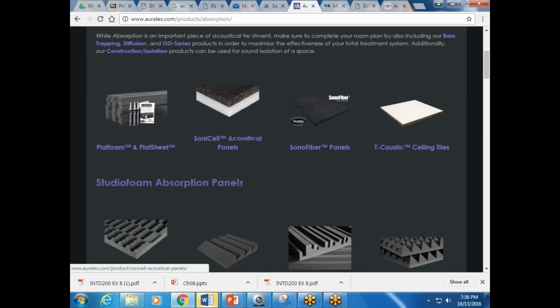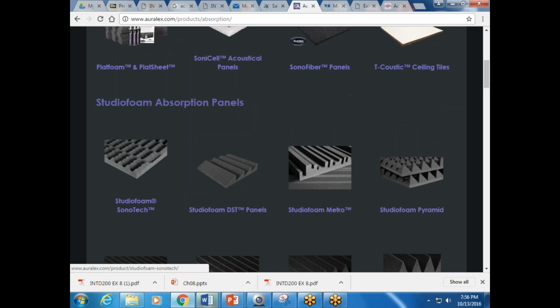So here you have their product. Lovely. You have flat foam and flat sheet, sonic shell, sonic fiber. So this to touch is less of the foam. This is actually kind of like if you have a scoring pad at home where it's sponge on one side and kind of scoring pad on the other. It's a little bit softer than that scoring pad, but the same kind of weaving pattern where it's that curly Q interwoven. And then T-acoustical ceilings, which we kind of talked about last week some.